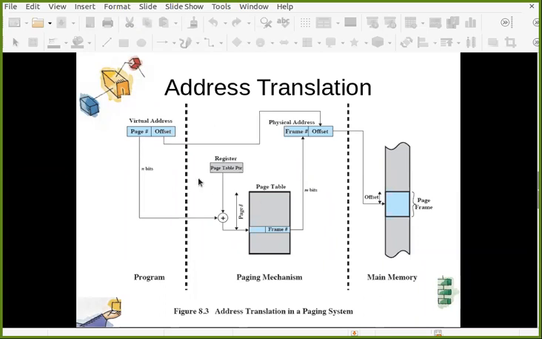But in reality, n is normally higher than m. These n bits, which represent the page number, are higher than the m bits, because the virtual address space can have more pages than the actual number of frames in your whole main memory. That is possible. Let's say Android Studio requires 2 GB of main memory, but your system may have only 1 GB.